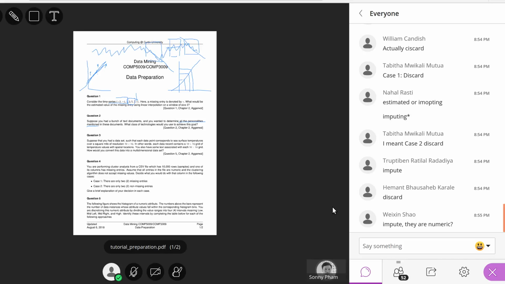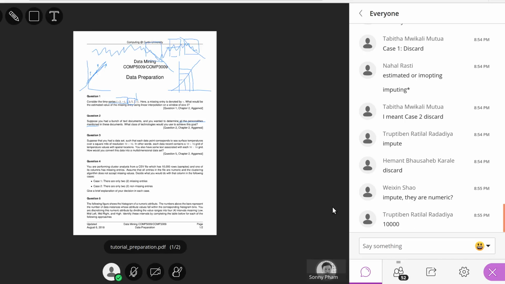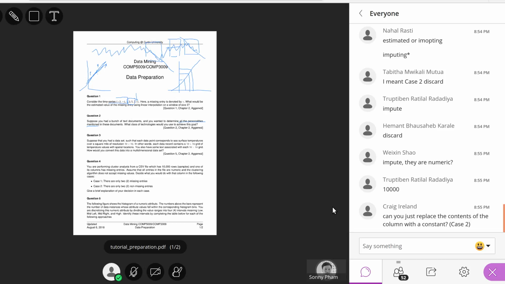All right. So in case 1, we have only 2 missing entries, right? How many rows do we have? We have 10,000, right? So 10,000 is actually a lot. And 2 out of 10,000 is considered very, very small, which means that if you replace the 2 entries